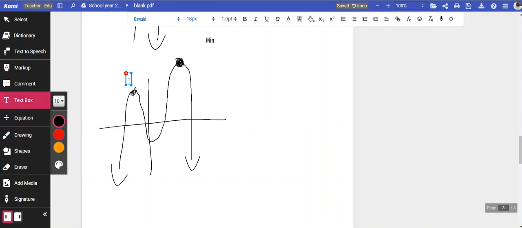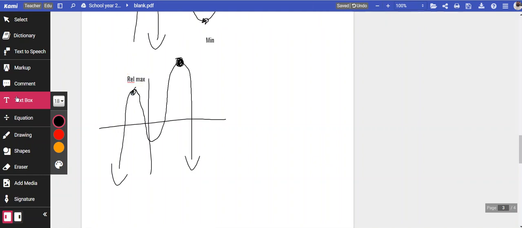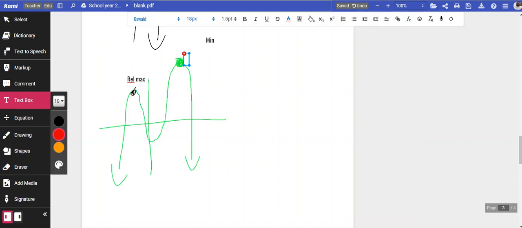This one is a relative max because it's kind of the highest point around some stuff. But that one right there is an absolute maximum point. There's no doubt that's going to be the highest point that this function is ever going